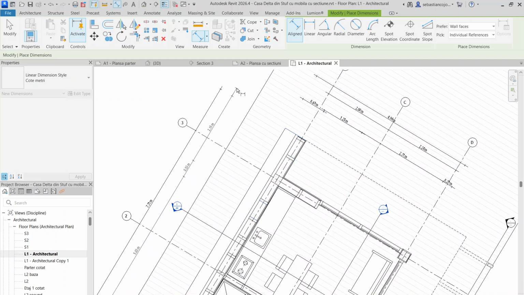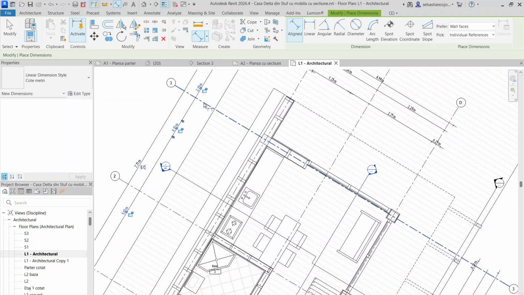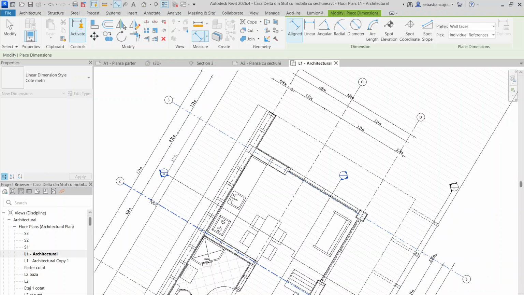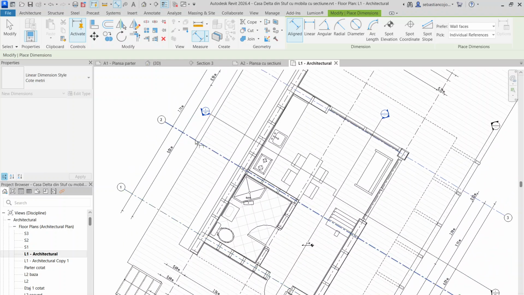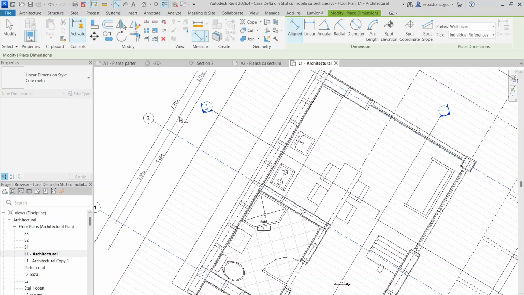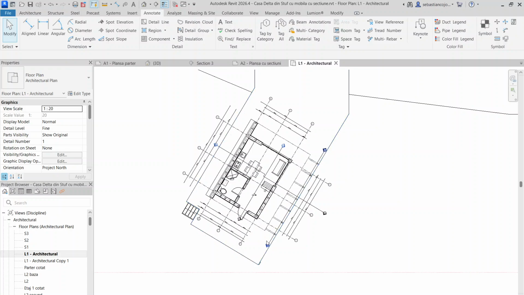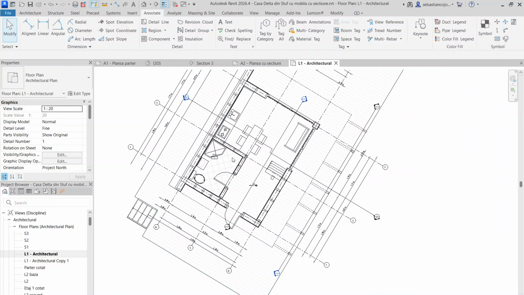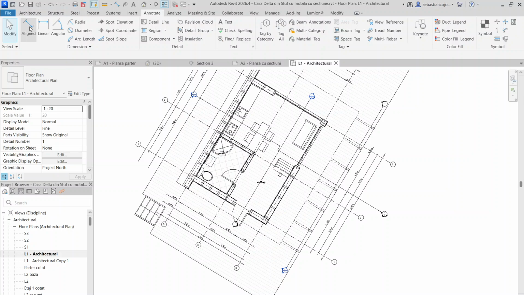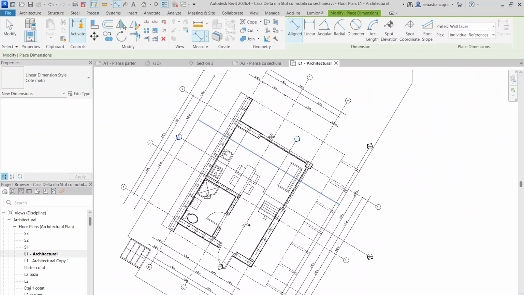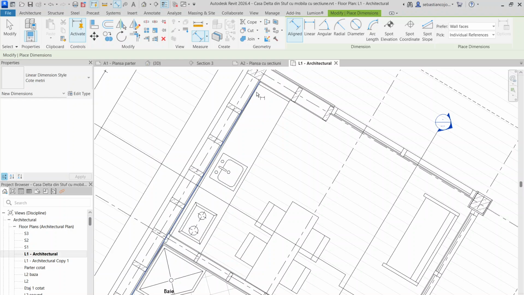Okay, and I put in the window, and I also do it with these axes. Yeah, okay. So that would be it for the exterior, and then for the interior you have a bunch of interior